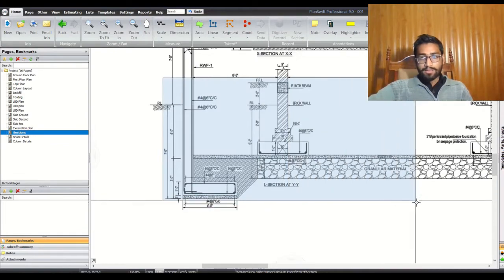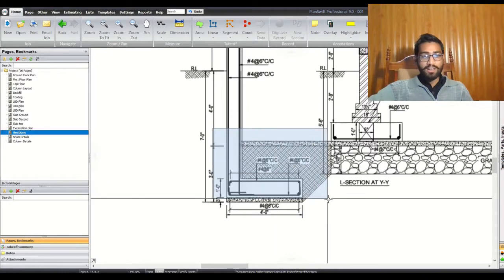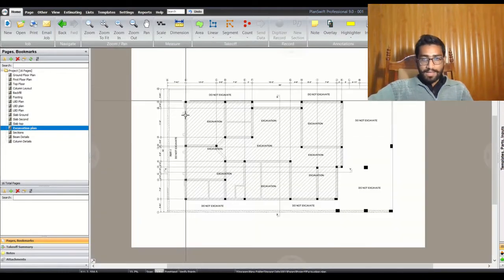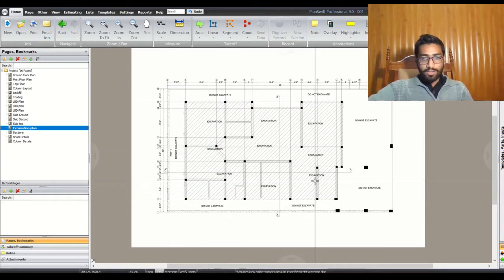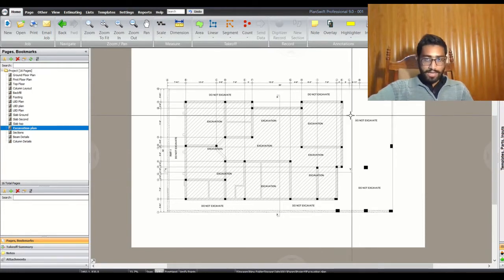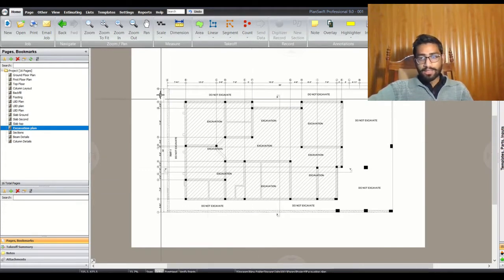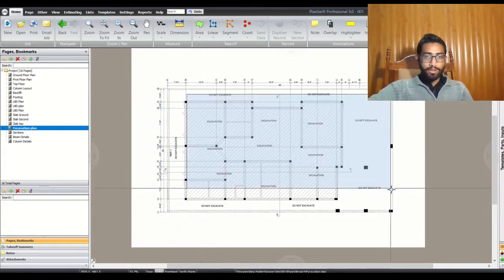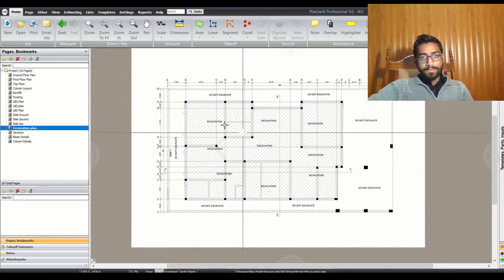So again, we will excavate 7 feet down on the west side of the portion. Here we are going to excavate 7 feet down, and 5 foot 6 inches down in this direction. Now let me talk about how I am going to draw the quantities. From the top portion, once again we are going to excavate 7 feet down in this area and 5 foot 6 inches down in this hatched portion.